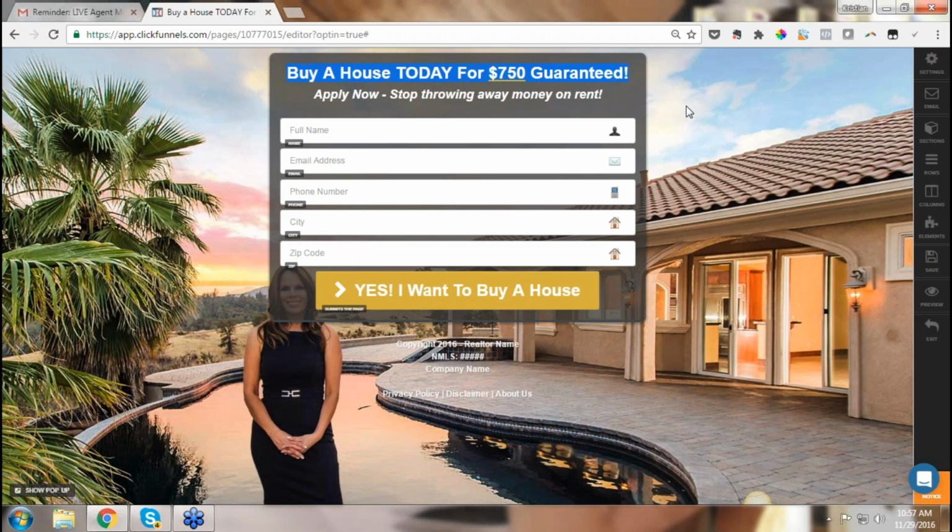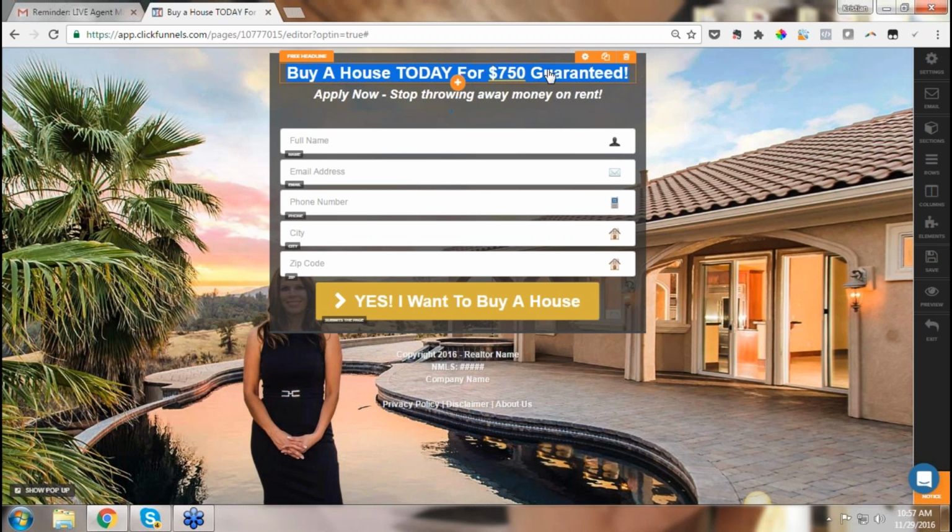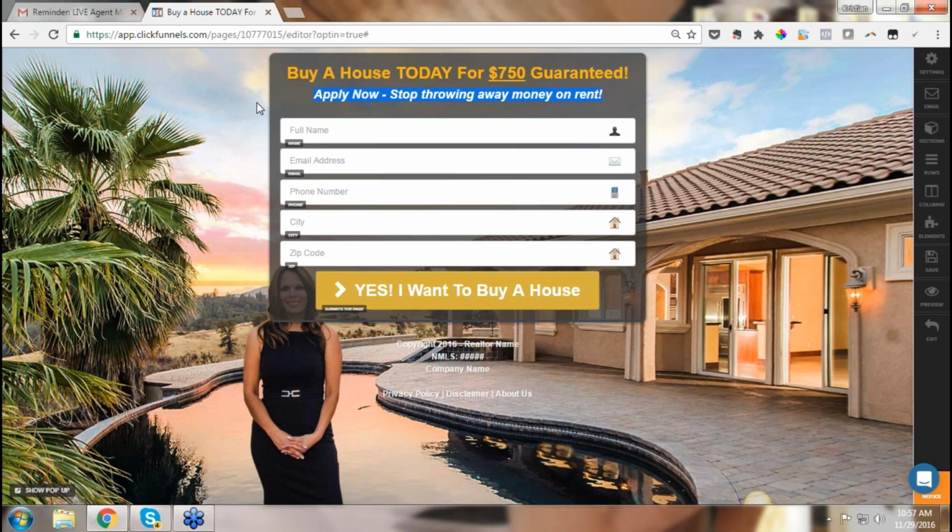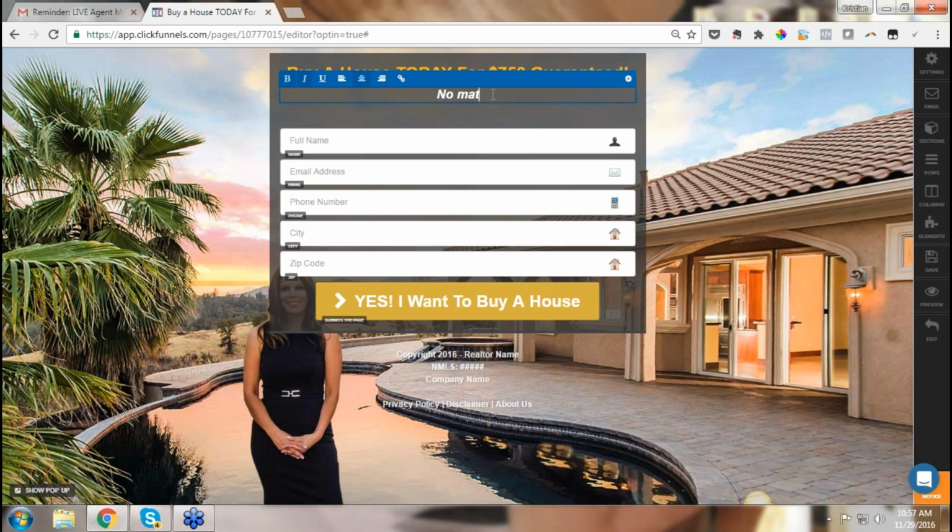So what we would recommend is, if you want to try and figure out exactly who your audience is, let's say for example that you're a realtor that works with people that have beat up credit, right? Well, that's why today buy a house for $750 guaranteed, right? They're talking about trying to get the mortgage payment down, and you could get even more specific and say no matter what your credit score is.